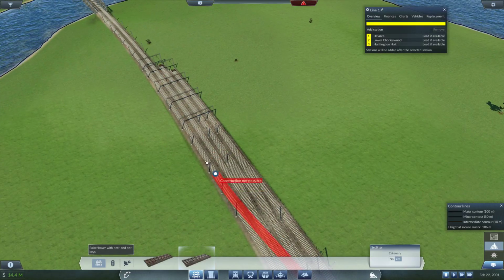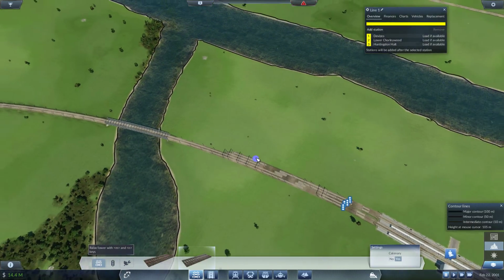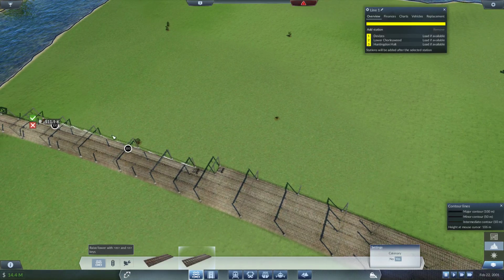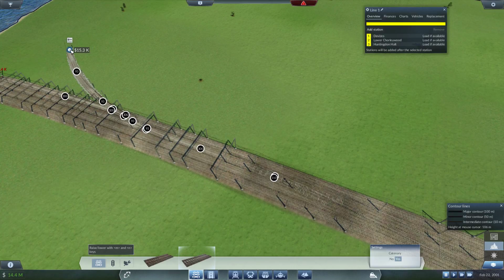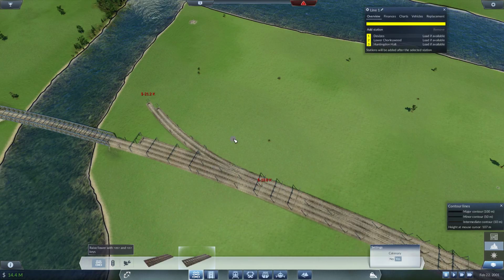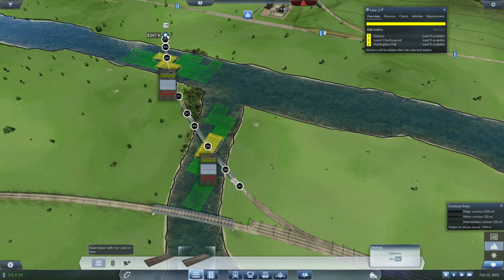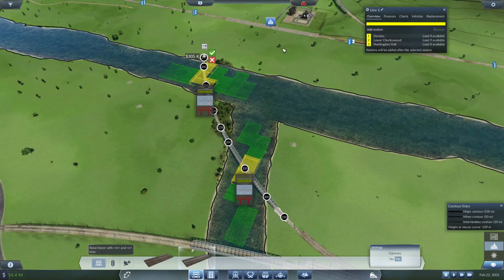Can you make a super huge diamond crossing? I don't think that's even possible. But anyways, now we can make it to this side with our freight train as well. So then we just need to be able to break off somewhere to our bridge. Well, it's super cheap, so